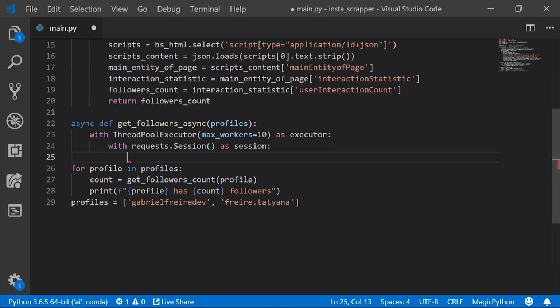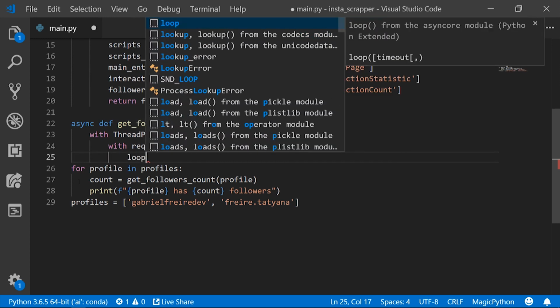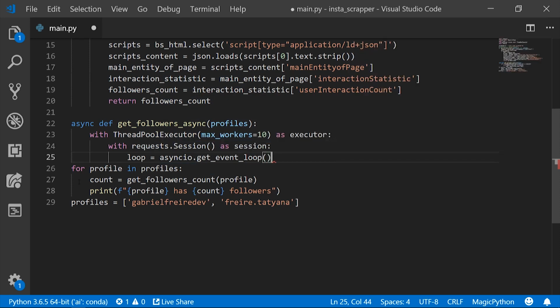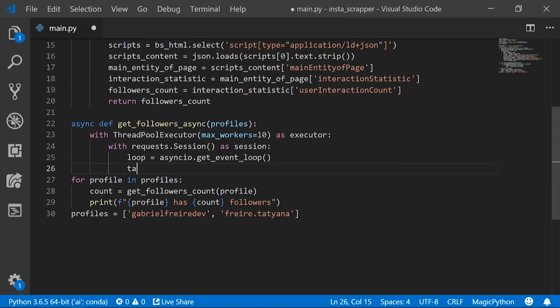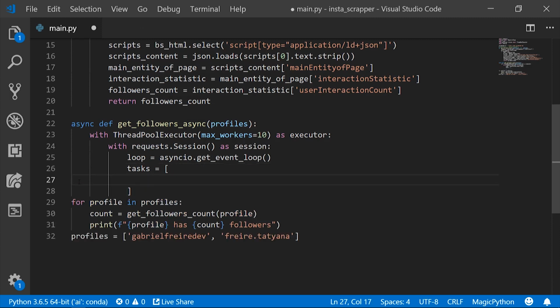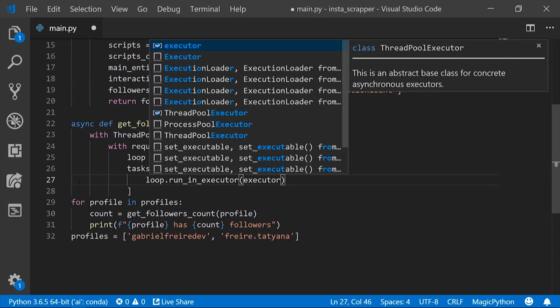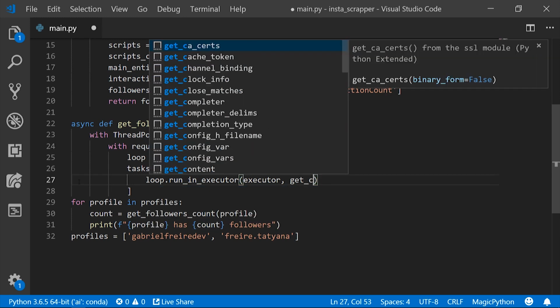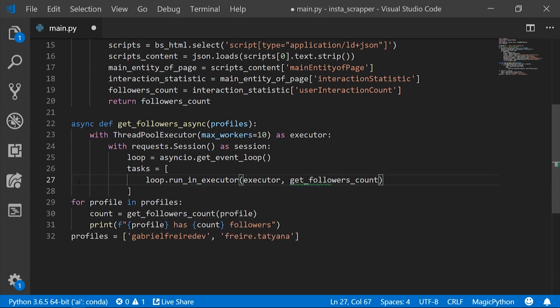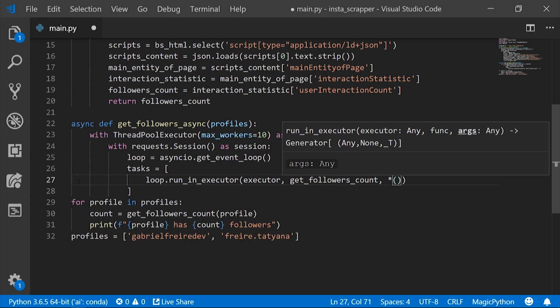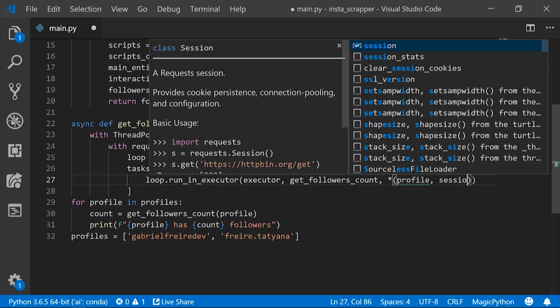And let's say that for each session I will have some tasks, and those tasks will execute on an executor, and those tasks will come from the event loop on asyncio. So let's get our loop, asyncio get event loop, and let's say tasks, so it's an array of tasks, and each task will be a call to get followers count. Okay, so loop.run_in_executor, and we pass our executor, and we pass our function get followers count, and now we pass our arguments, profile and session